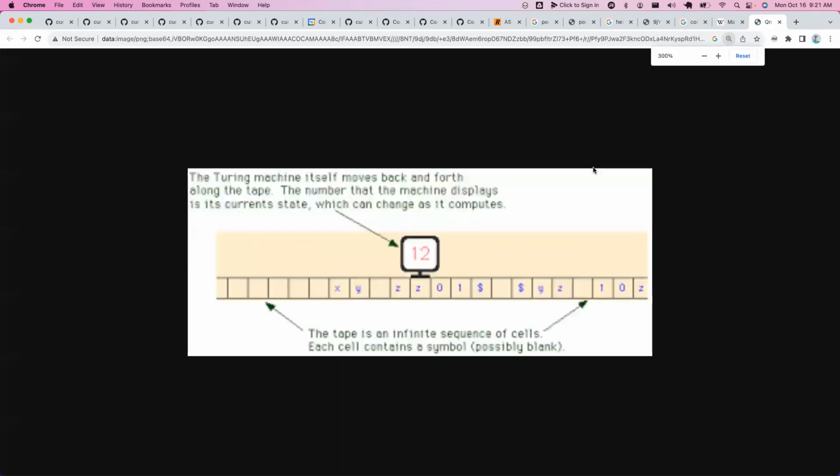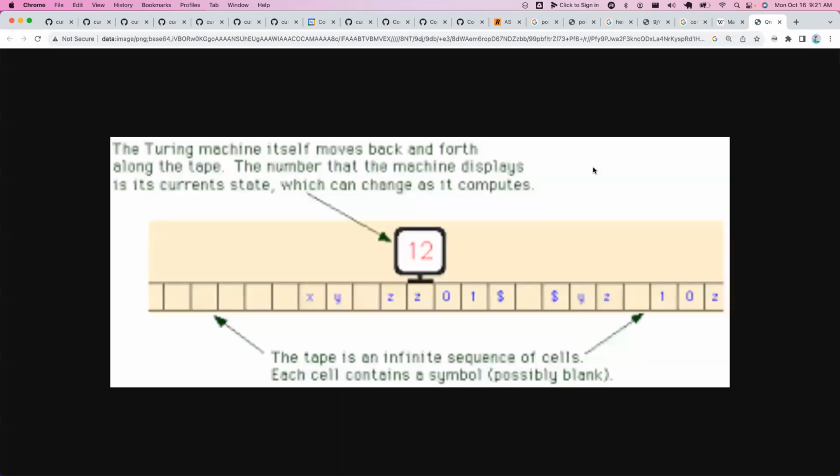This isn't the worst if we can make this bigger. Is this relatively readable? I know this is a bit blurry to everyone. This isn't the best diagram, but